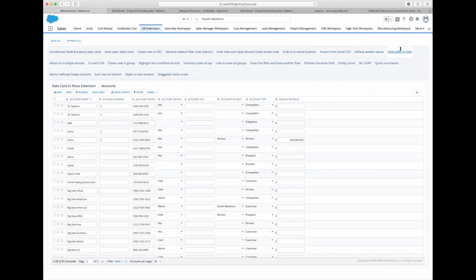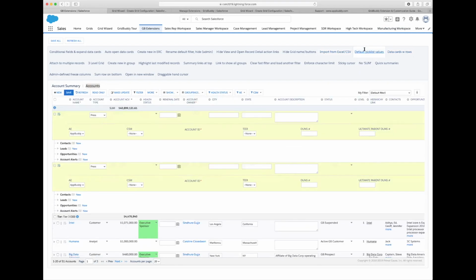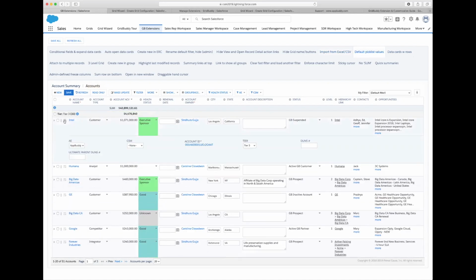Okay, data cards with rows. So number 8, format your data card into sections. So if you're using data cards, well, let me find a better example. Data cards, as you know, you can select the fields that go in them in Grid Wizard 2, and you can drag and drop to reorder the fields. And then they appear when you click the icon, left to right in the order that you specified,